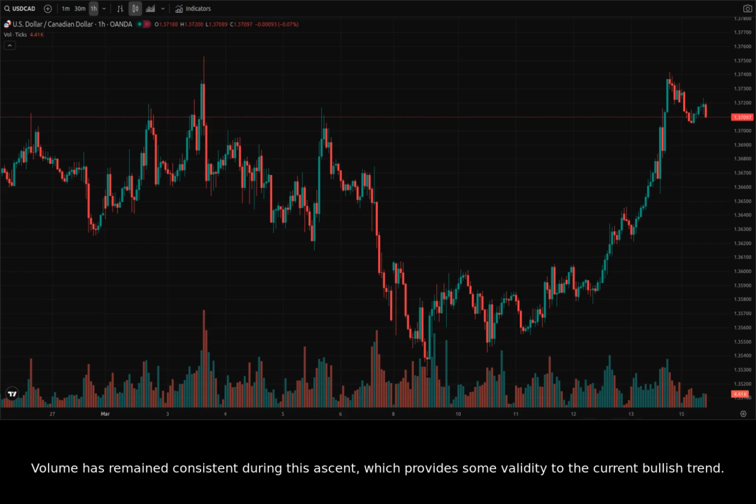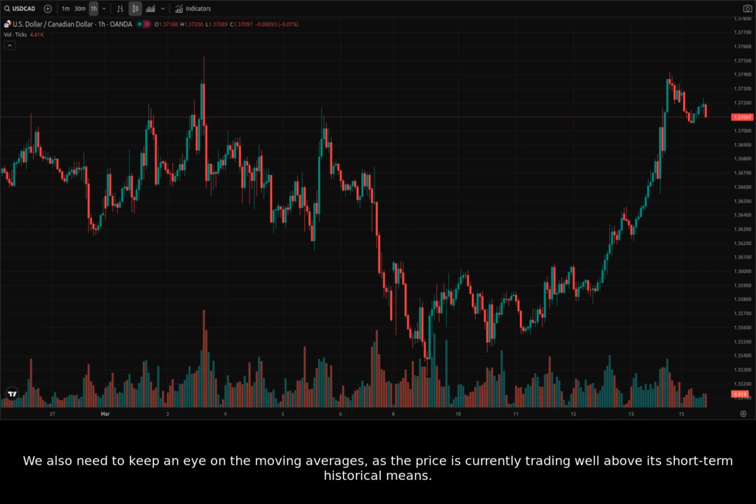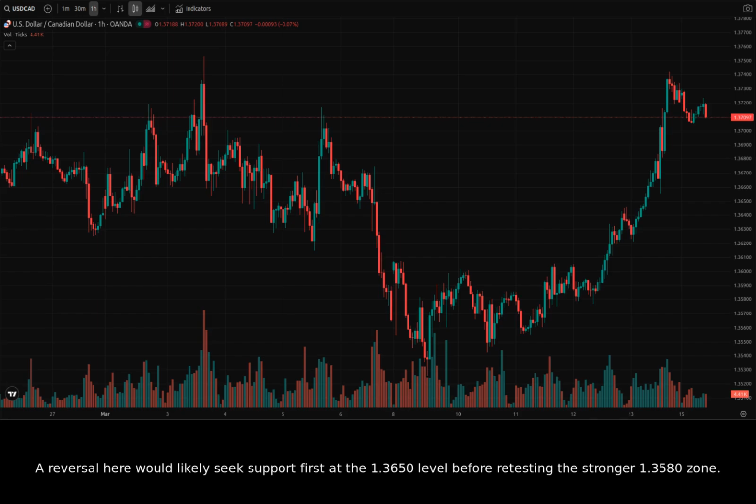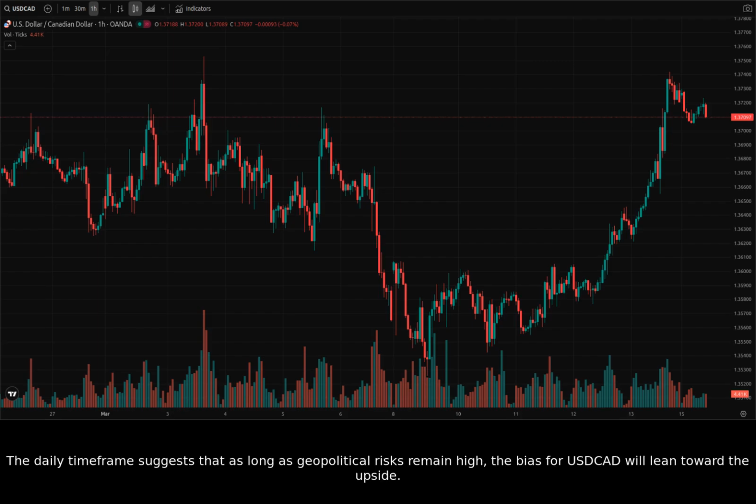Volume has remained consistent during this ascent, which provides some validity to the current bullish trend. We also need to keep an eye on the moving averages, as the price is currently trading well above its short-term historical means. A reversal here would likely seek support first at the 1.3650 level before retesting the stronger 1.3580 zone. The daily time frame suggests that as long as geopolitical risks remain high, the bias for USD-CAD will lean